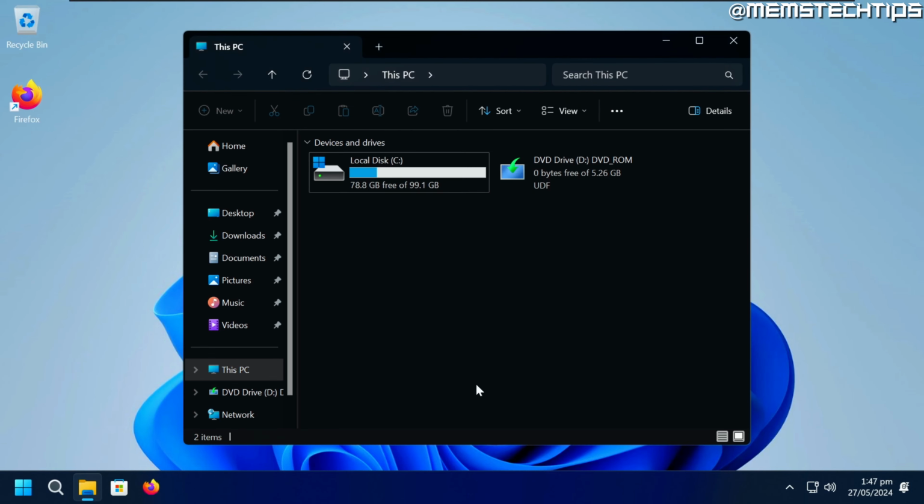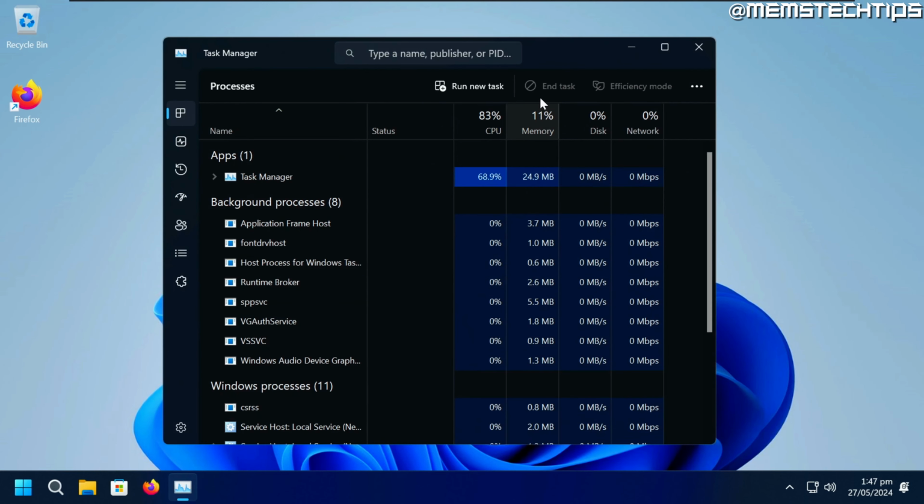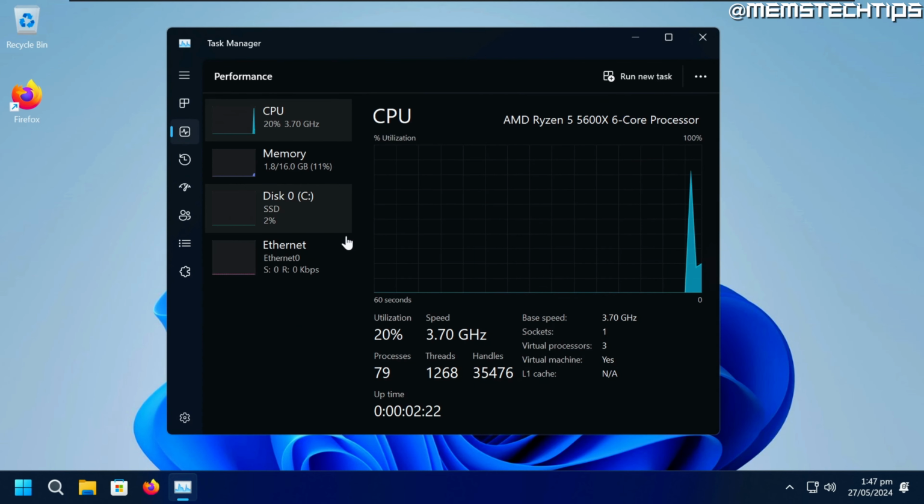So what do I think about this Tiny11 installation? Well, installing Windows 11 with the ISO created by Tiny11 Builder and then optimizing it further with the Chris Titus Windows utility is one of the best methods I've used so far, and it almost makes me want to try and move to Windows 11 full time. But we'll see. I still like Windows 10 too much, and I still think it's the better operating system at the moment. One thing I could do is I could look into modifying the Tiny11 script to include my own